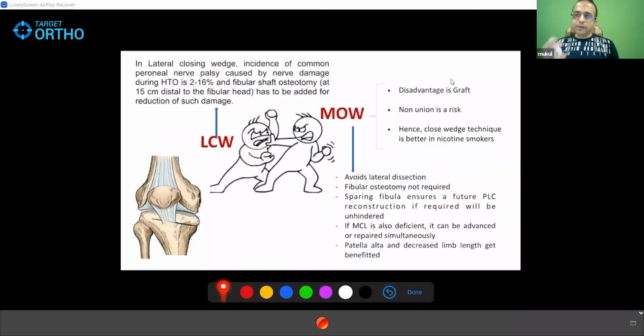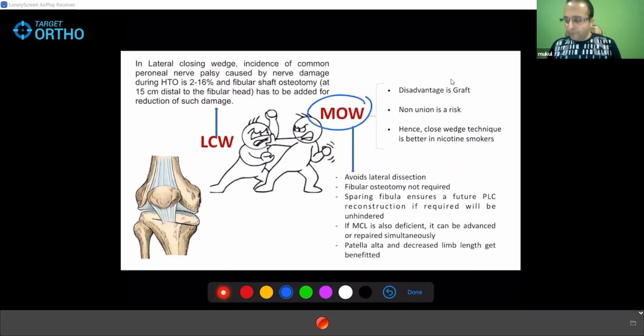So eventually the world again narrows down to the two conventional techniques, the medial opening wedge and the lateral closing wedge. So either you open this wedge or you take a wedge laterally and close it to correct the varus. And ये techniques most commonly abhi bhi use होती है. Now, out of the two, the winner is actually the medial opening wedge. And in fact, I'll be describing the technique of medial opening wedge because this has a lot of advantages over the lateral closing wedge.